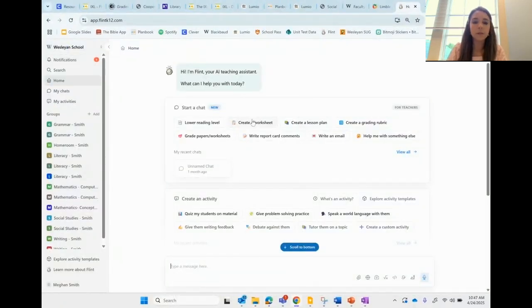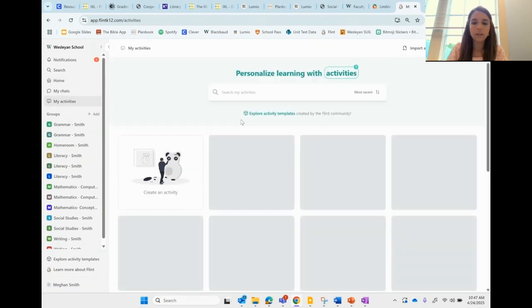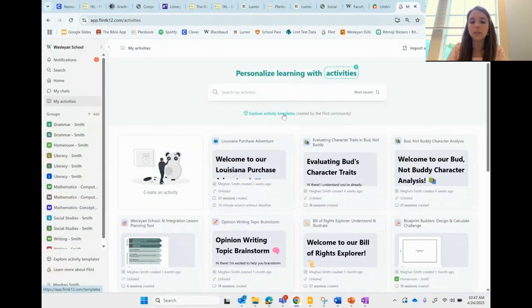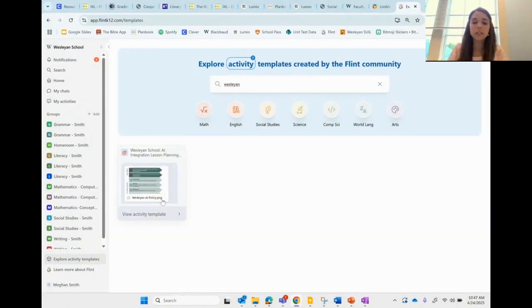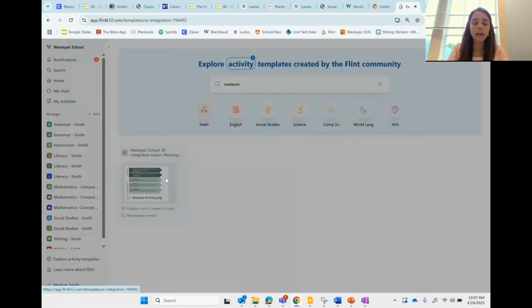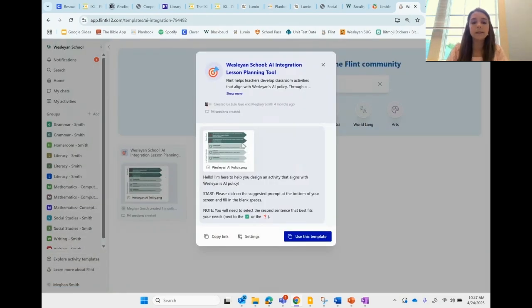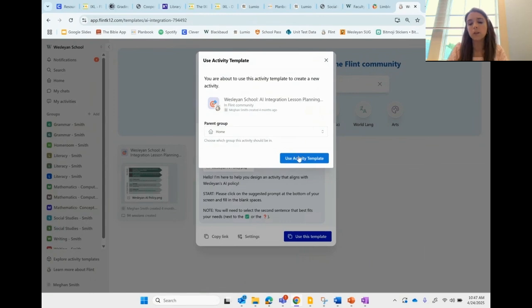Okay. So if you come to the Flint homepage and you're looking for this, you can go into the templates. If you click this explore activity templates link right there, it'll take you to the template library. And if you type in the name of my school, Wesleyan, it's the only one in there right now, but it pops up. So you can see our template in here. This is our policy. It would depend on what your school's policy is, but it at least gives you a starting point to play around with. So if you click use this template and click use activity template,